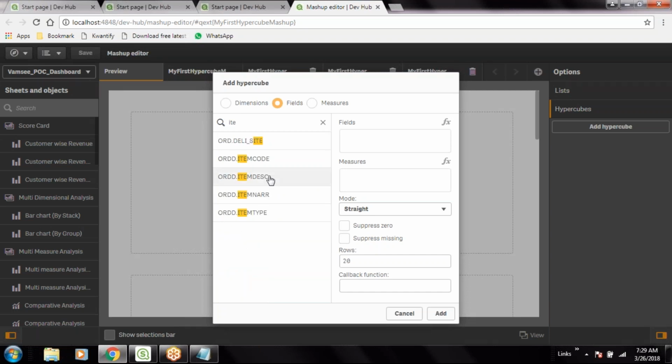Okay, item descriptions is the field, and I can simply treat this as a dimension. So I'll just double click over here because I'm adding the dimension. It's a kind of dimension field. It will be added to the dimension. If you want to add more also, you can do it. If you want to customize it,